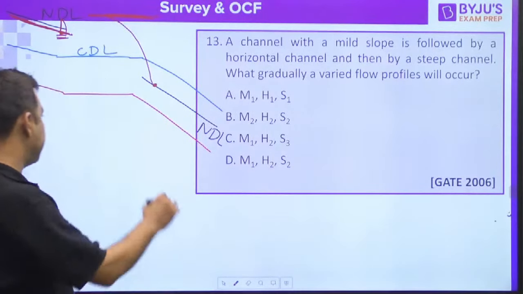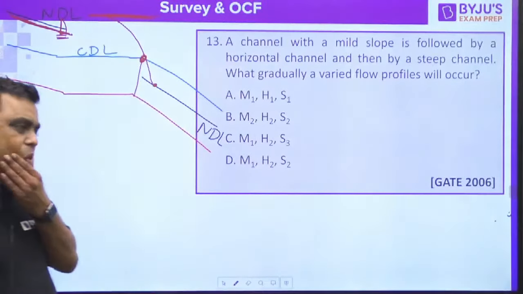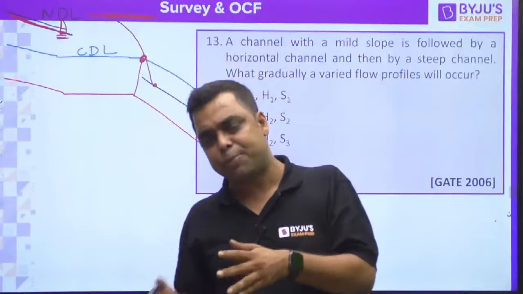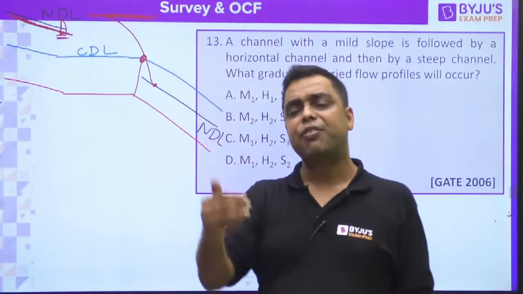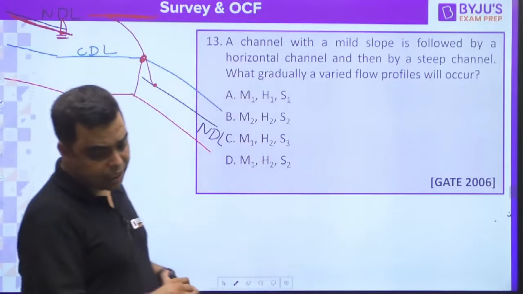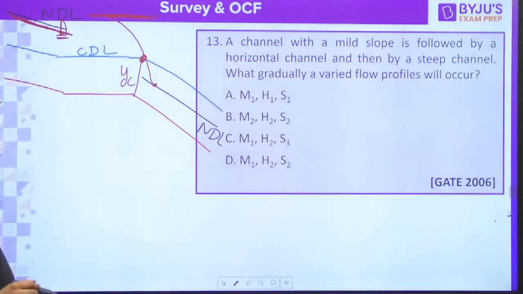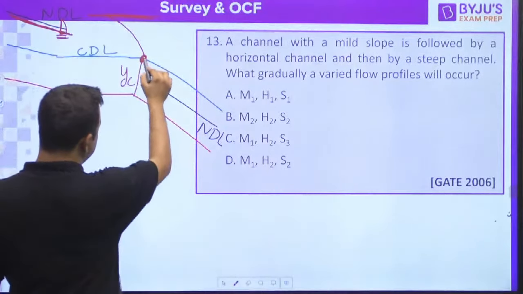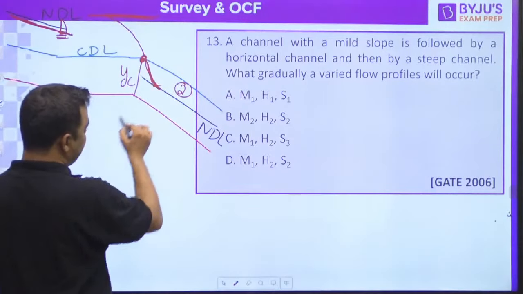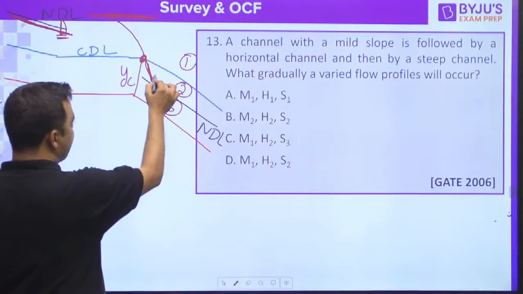At this joint, the flow will be what? Critical. When flow approaches from a horizontal surface towards a steep slope, there is a free fall, and that free fall occurs at a depth of critical, right? So basically this will be what? YC, and from there it will meet over here, and this is second region, right? So basically this is my first region, third region. So basically the flow will be what? S2,